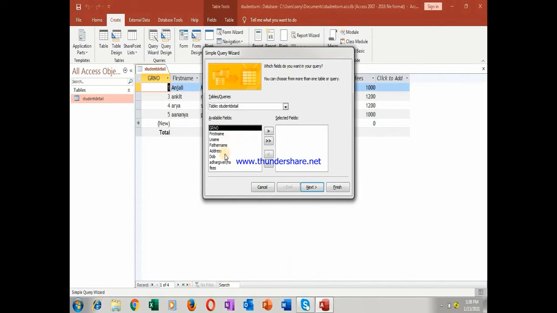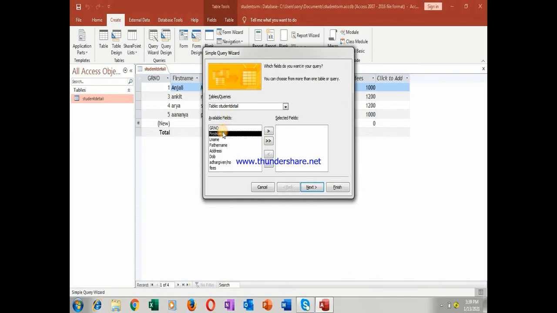Suppose I want to see whether the Aadhaar card is given or not. So this is the field. If you click on this single arrow, fields go one by one, and if you click on this double arrow, all these 5 or 6 fields will move here. Can you see it? And again, if you want to move one by one, you can, or you can press the double button to move all the fields to this side.